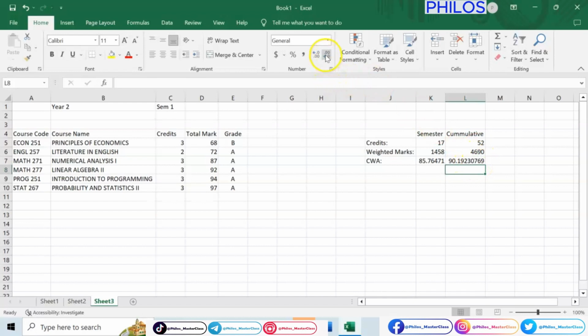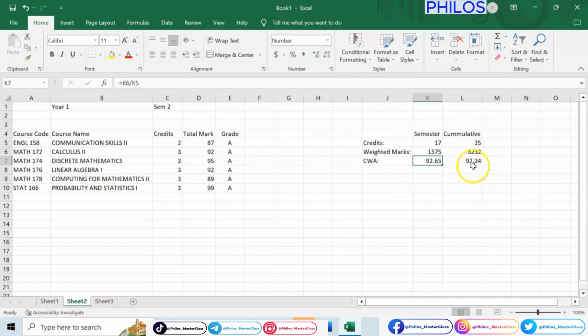Let's approximate it to 2 decimal places. You come here and click on it. Make sure it's active on the cell. Then you click on it to get 2 decimal places. That's 90.19. Now when you look at the previous semester, your CWA was at